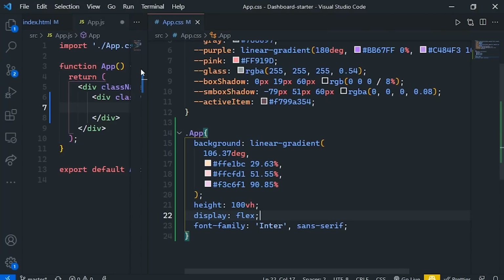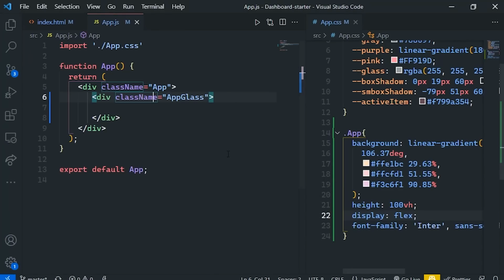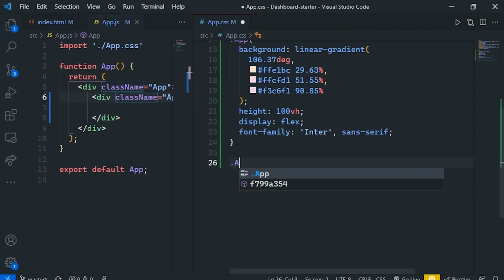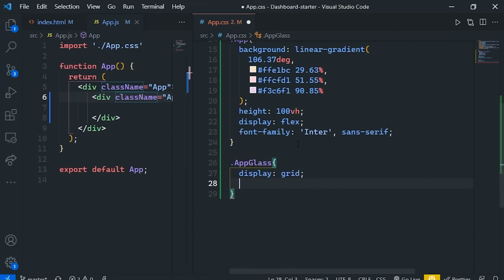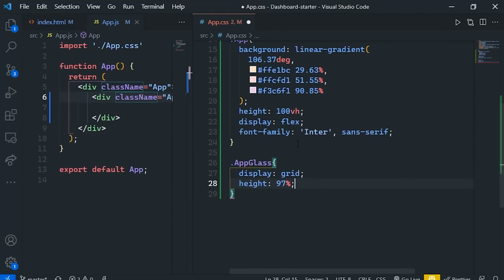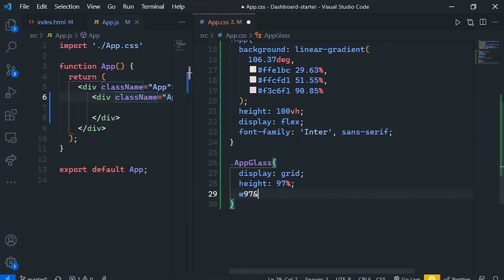Now let's see. Here we have, okay, and I think I should remove the ZAINKEEPSCODE. I have not saved this. Now you can see it's clear. After this, for the AppGlass class, I am making some styling. First of all, I'll say its display will be grid, and its height will be 97% of the app. Similarly, its width will also be 97% of the app